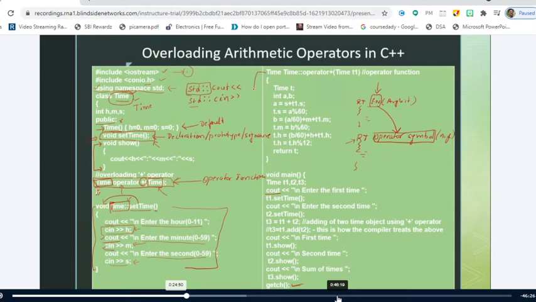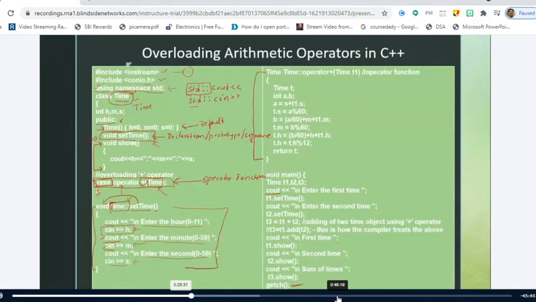What is it that we are doing here? Calling operator function? No. Defining operator function. Right? In this particular statement, we are defining the operator function. Right. See, listen. So what is this operator function? What is the name of this operator function? It is nothing but operator plus. Is it right or not? Yes, sir. What is the return type of this function? Time, sir. Time. What parameter is it accepting?